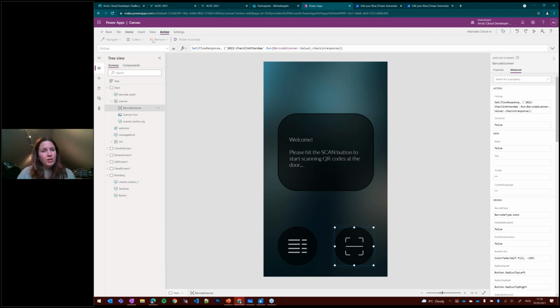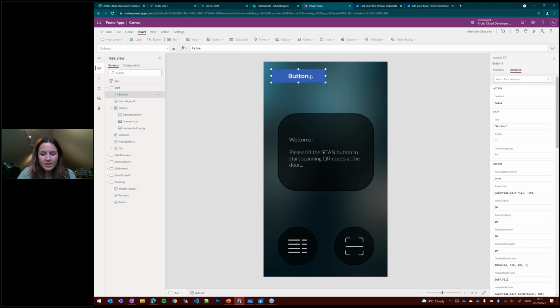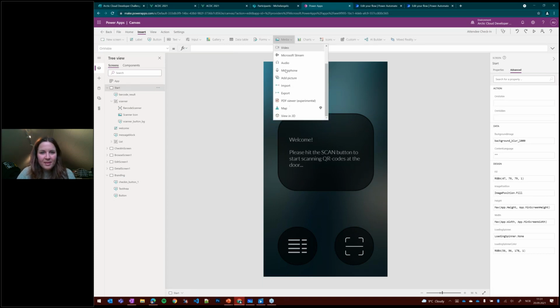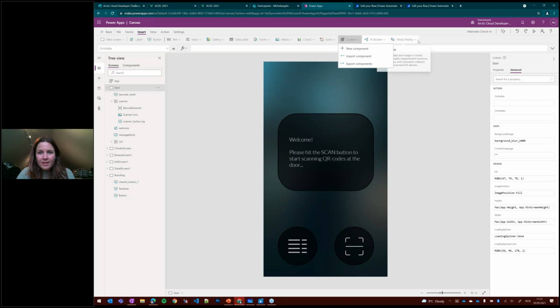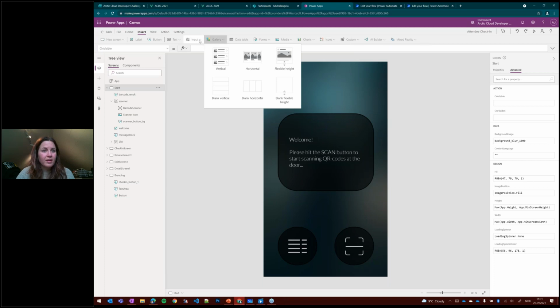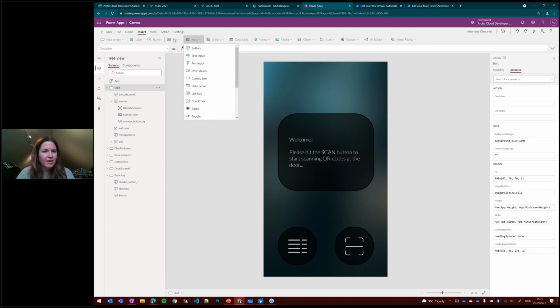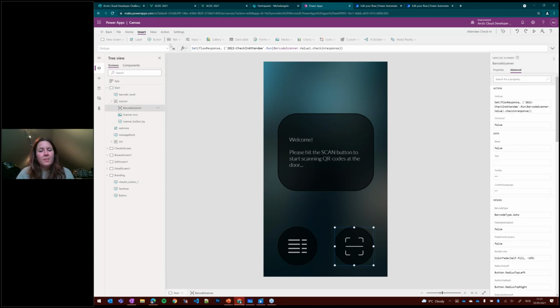So you would have a screen, and you would just go into the Insert tab here, and you would choose... where is it? I suddenly can't find it. So there would be the barcode scanner. All right, so you would add the barcode scanner, and on the on-scan property, you would set